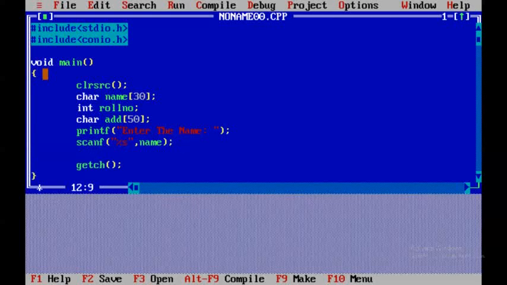And here we have accepted the name of the student. Now similarly we are going to accept the roll number. So for displaying the sentence, enter your roll number, we are going to use the printf function. Here remember one thing, friends, backward slash and n is used when we want to display our output in the next line.